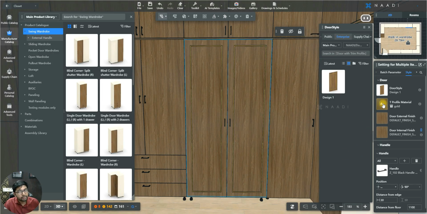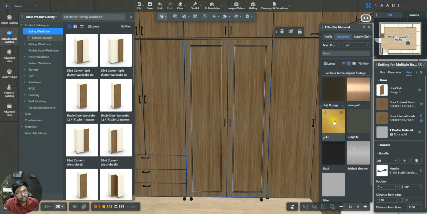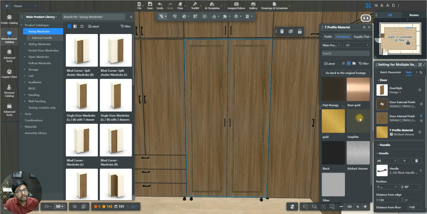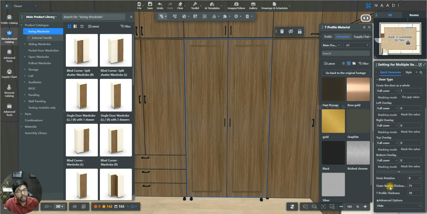Where you can specifically change the finish of the trim profile using this. Can you see these are all the different finishes which are available? Rose gold, silver, brushed chrome, your gold finish is also available, and you can specifically change the external and internal finish of the shutter. And if you go to its respective door style parameter, scroll down, and there you will